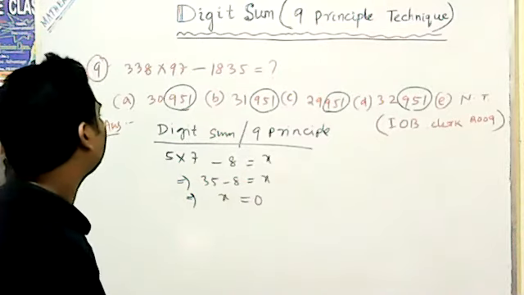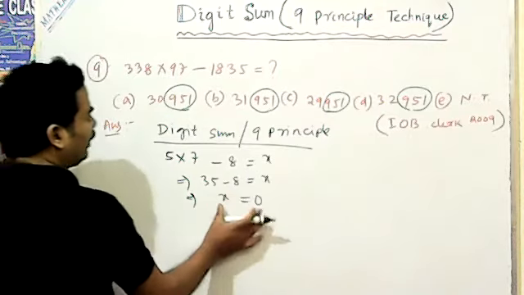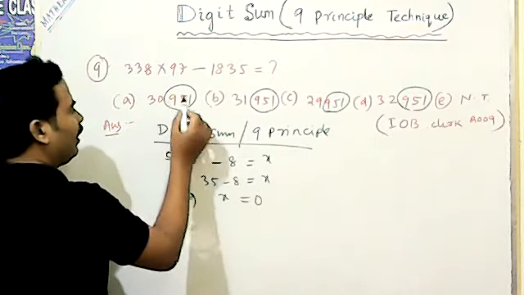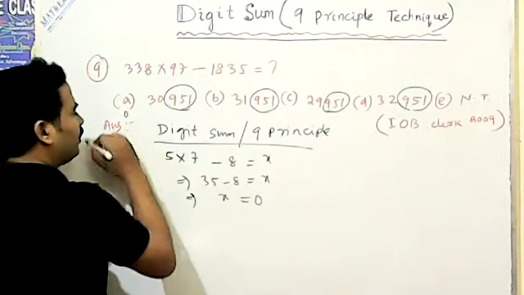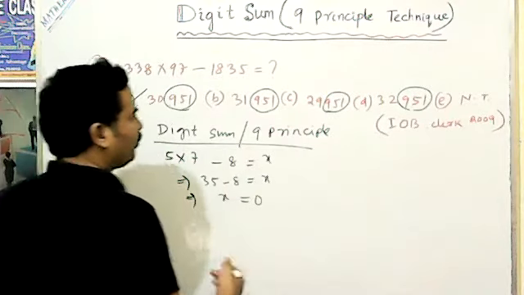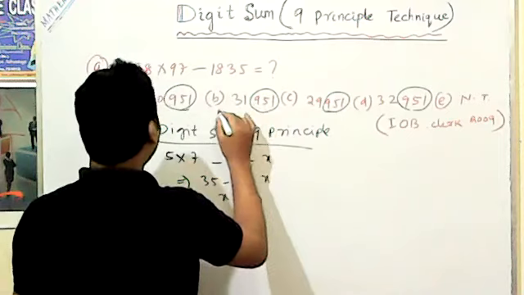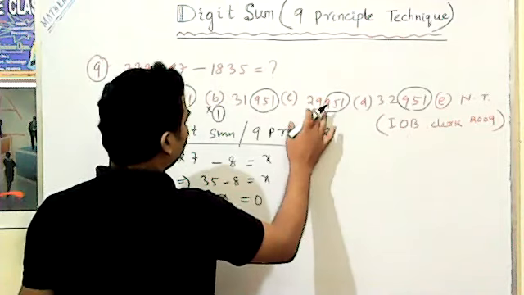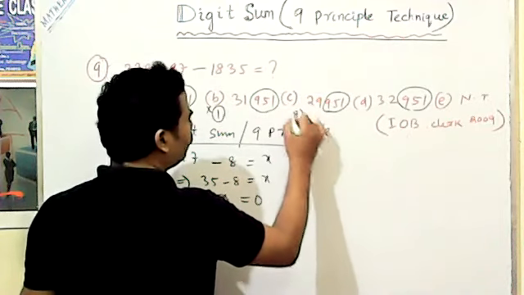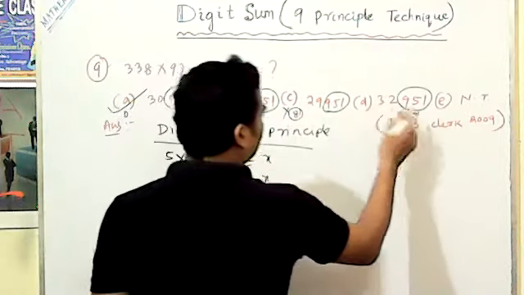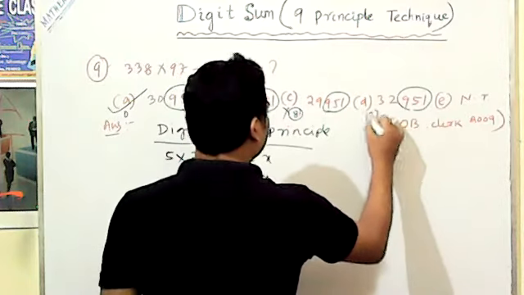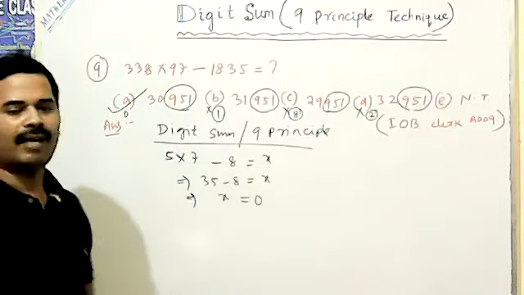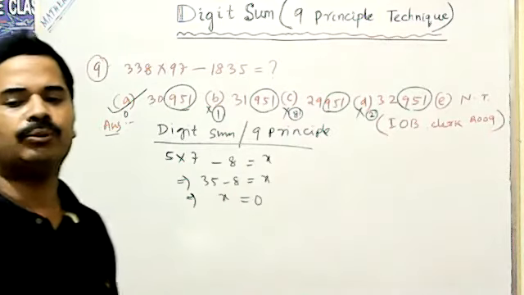Which option that having x is equal to 0? Check it. X equal means किसी का डिजिट सम 0 है। इधर देखो ये 9 है, ये 538 है, इसी का ऑप्शन 0, ये हो सकता है आंसर। चेक कर देते हैं दूसरा। ये है 1 एक्स्ट्रा है, दैट्स वाई ये 1 है, ये नहीं होगा। तो ये है 29, ये कम 1 है तो 8 है, ये नहीं होगा। सिमिलरली ये 3 to 1 ज्यादा है, ये नहीं होगा। सो दैट्स व्हाई नॉन ऑफ द आंसर नहीं होगा। तो फर्स्ट ऑप्शन इज द करेक्ट ऑप्शन बाय यूजिंग